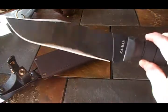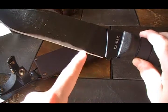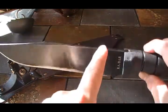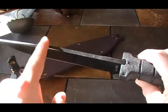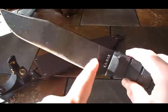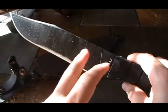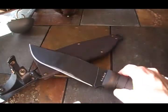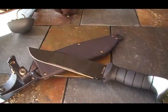The only thing that I may do, the only modification, is I may back this relief cut up a little bit, and what that's going to do is it's not going to take away from the strength of the knife in terms of the spine, nor is it really going to cut into its full flat grind shape, but what it's going to allow me to do is a lot better job hacking